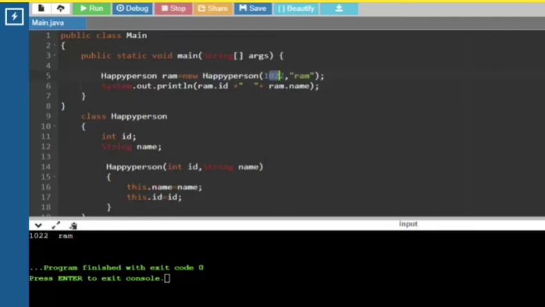Okay, so we will work on this and check. So see, I can give a space in between.